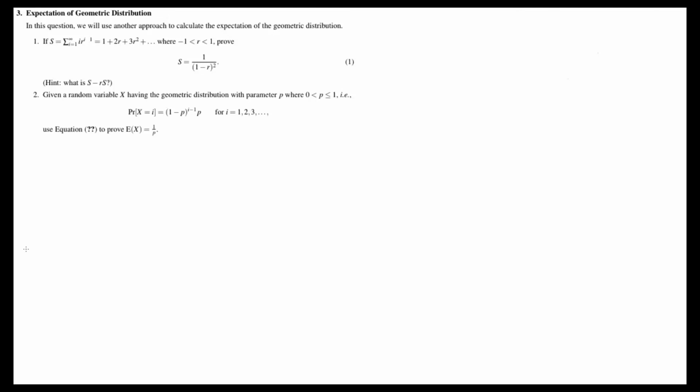Alright, so we're on question 3 of homework 11, and basically we're trying to find the expectation of a geometric distribution. So question 1, part 1, lays the foundation for the entire question. Part 2 trivially follows from part 1. So question 1,